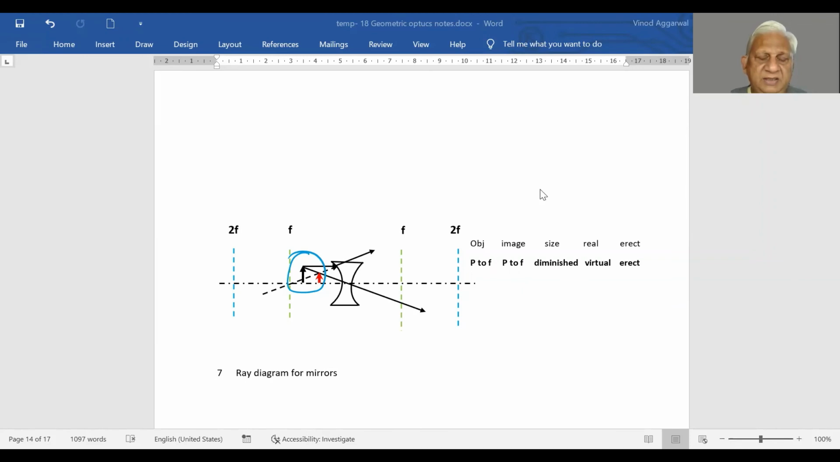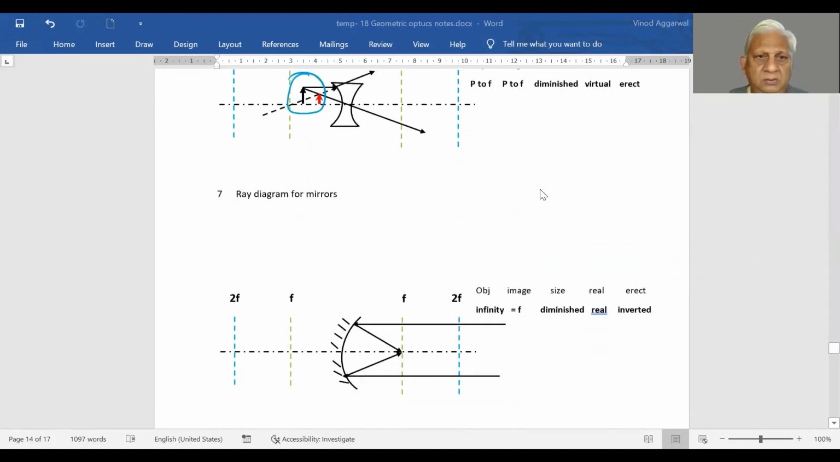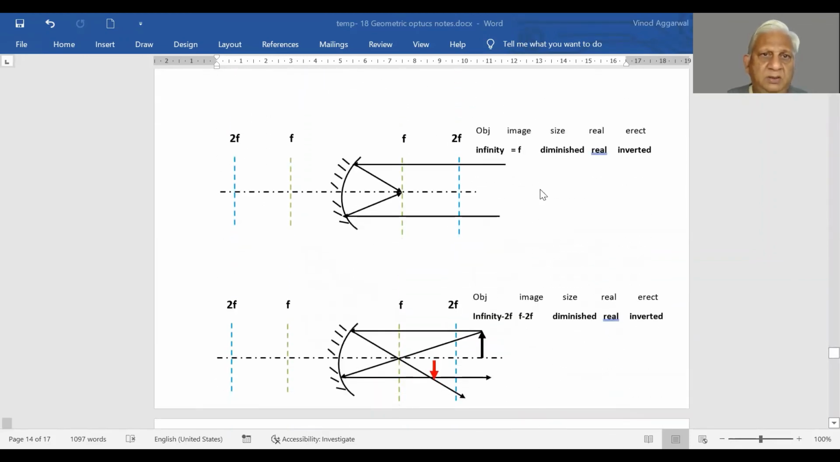Now we have studied lenses. Now we will study mirrors. Spherical mirrors. The plane mirror we see every day, looking mirror, looking glass. Now again there are two categories,